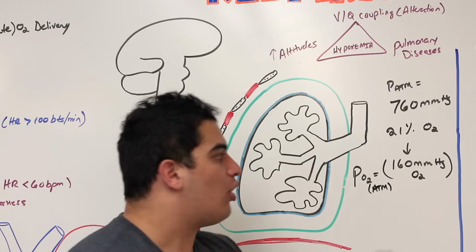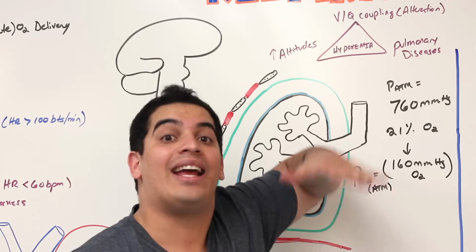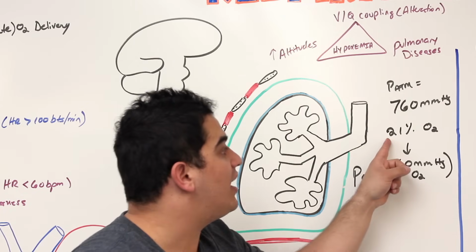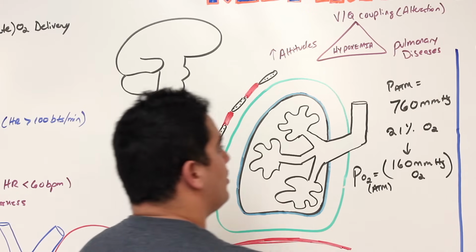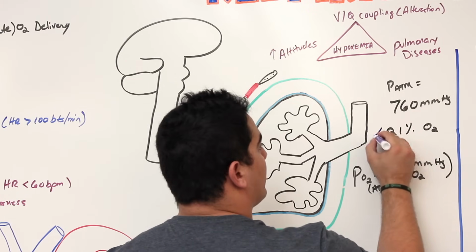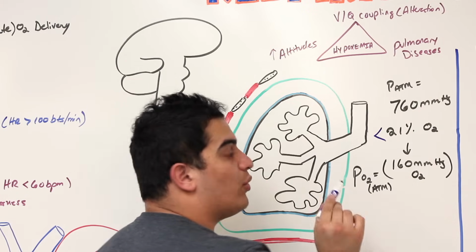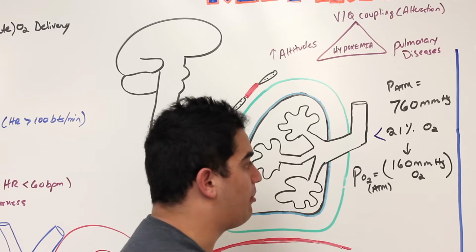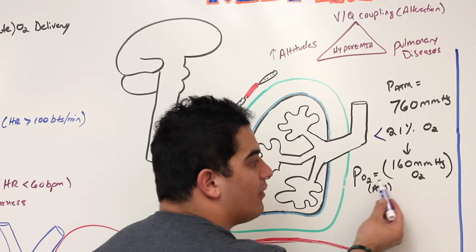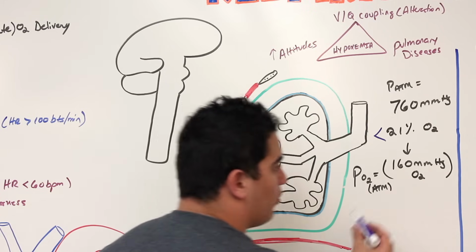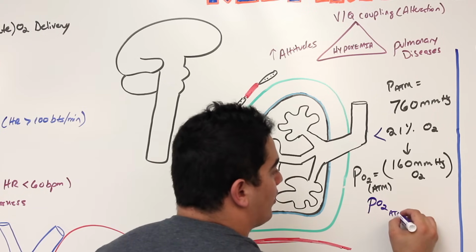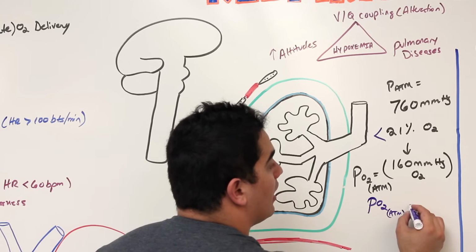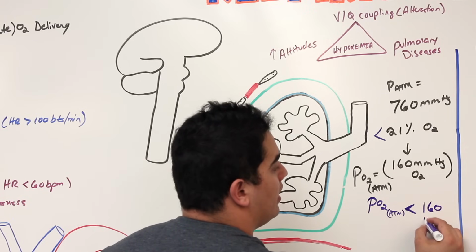Now, as you go to higher altitudes, higher elevation, the percentage of oxygen decreases. So then look at this. The percentage of oxygen is actually going to decrease. So if the percentage of oxygen is going to decrease, it's going to become less than 21%. What's going to happen to the partial pressure of oxygen? It's going to be less than 160. So now the new partial pressure at high altitudes of the atmosphere is going to be less than 160 millimeters